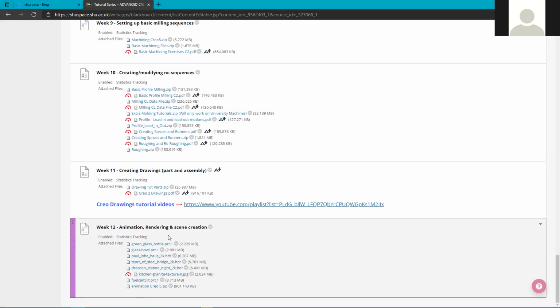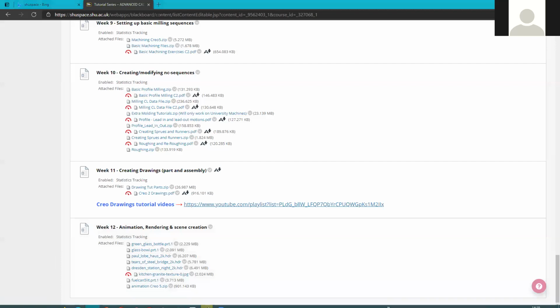And then if we manage to run through everything that I want to do on the animation side in this session, we're then going to have a little look at some of the rendering tools within Creo. So computer graphics or computer-based rendering techniques allow you to create a somewhat realistic view of your part. So that is, you can apply textures to the part, you can map image files onto the background, you can create virtual lights to actually light the part,